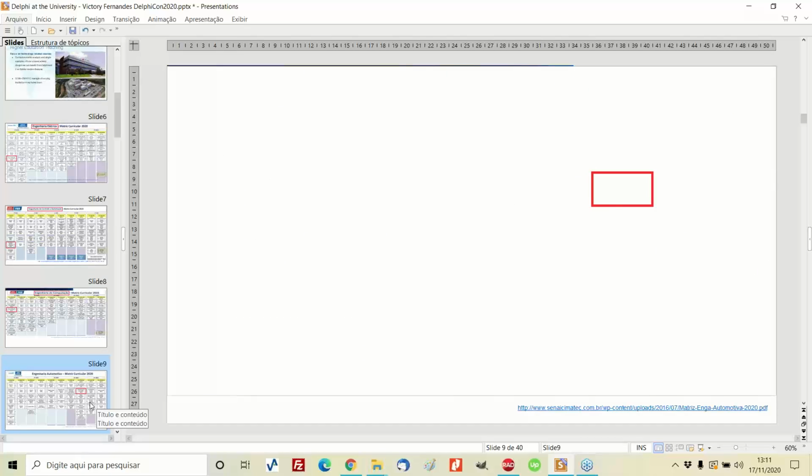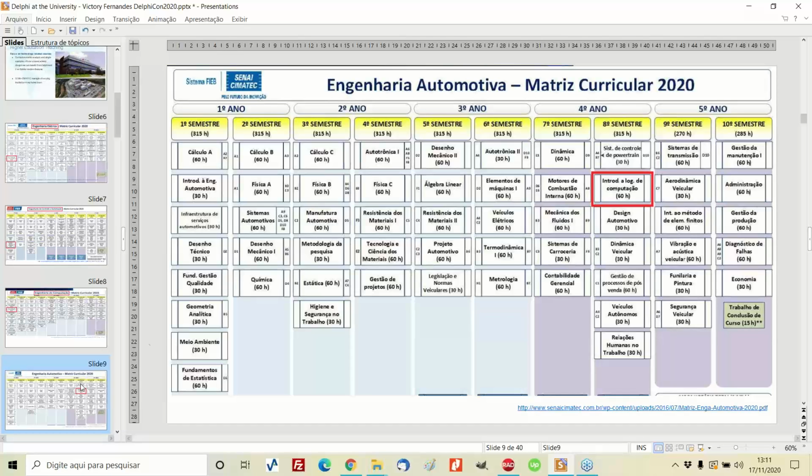If we keep going through the matrix, we will see they also have automotive engineering, and this is the only case where they put this discipline in the fourth semester. Otherwise, we're always talking about first or maybe second semester disciplines. It would be a nice exercise for you watching this live all over the world to check the institutions close to you, or where you have friends or colleagues, or where you're teaching, and see in which semester you are teaching logic to your students.